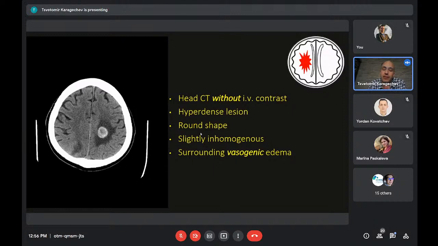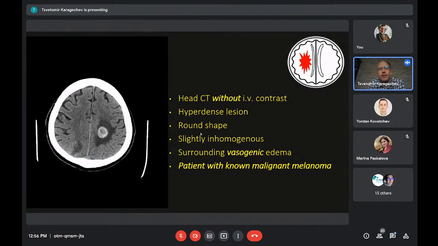This is a thing that was there for a long time to cause this. And history is key in this case. This is a patient with malignant melanoma. This is actually a metastasis of malignant melanoma. And even on a non-contrast CT, this can be hyperdense. It is maybe the best example that I know of a hyperdense metastasis in the brain